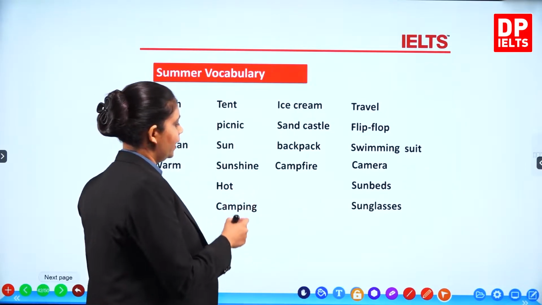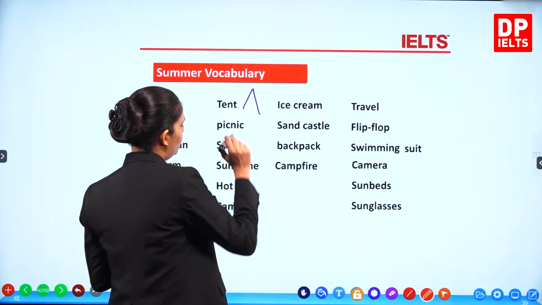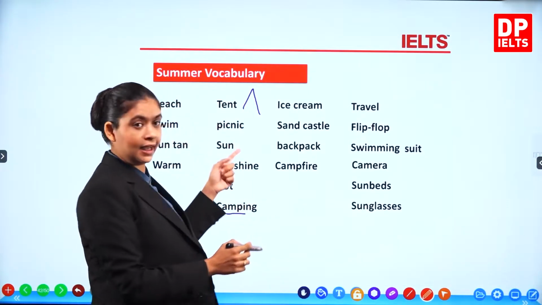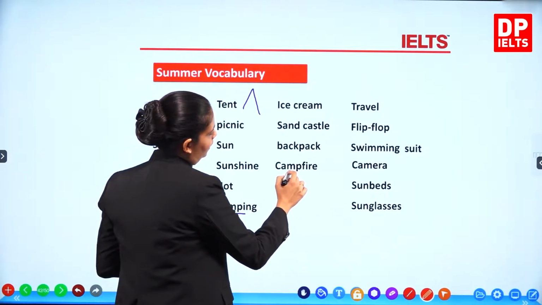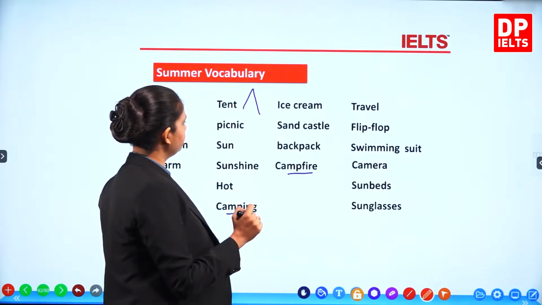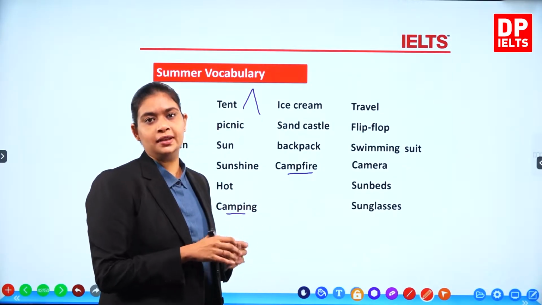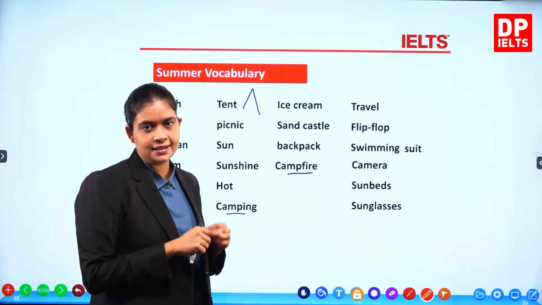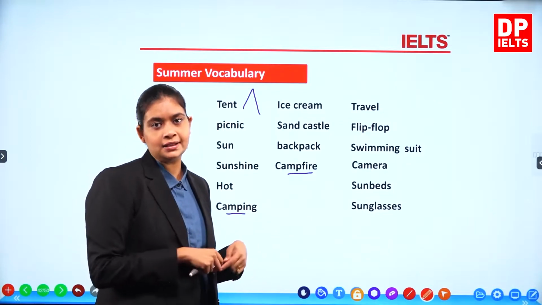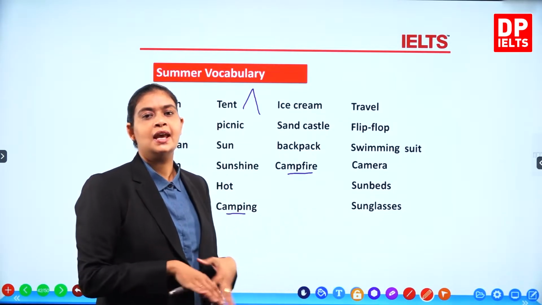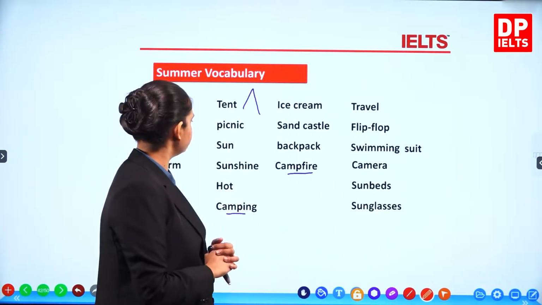Tent is when it is something like this. When you go camping, you use a tent. And another word that we come along with the camp would be campfire, okay? You can go on a picnic. So when we go on a picnic, we usually use the picnic basket and we take some food and drinks along with it and a blanket as well. So you can put out the blanket and keep your picnic basket and actually relax and read a book.